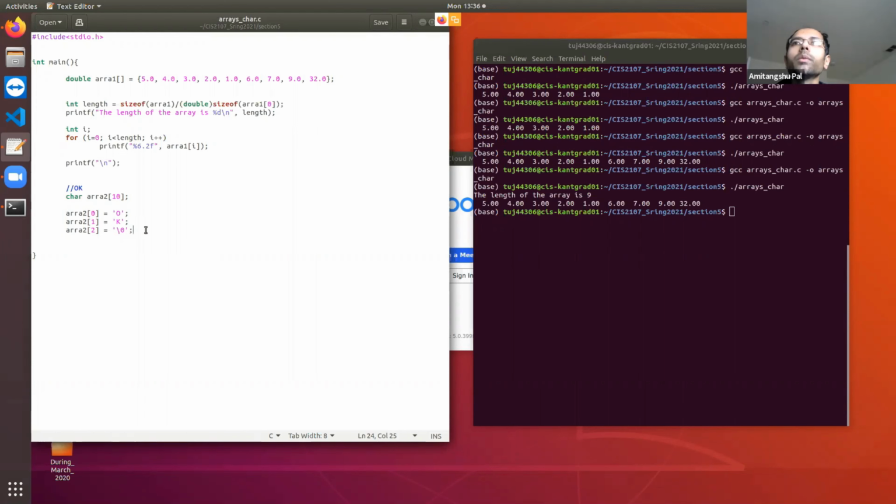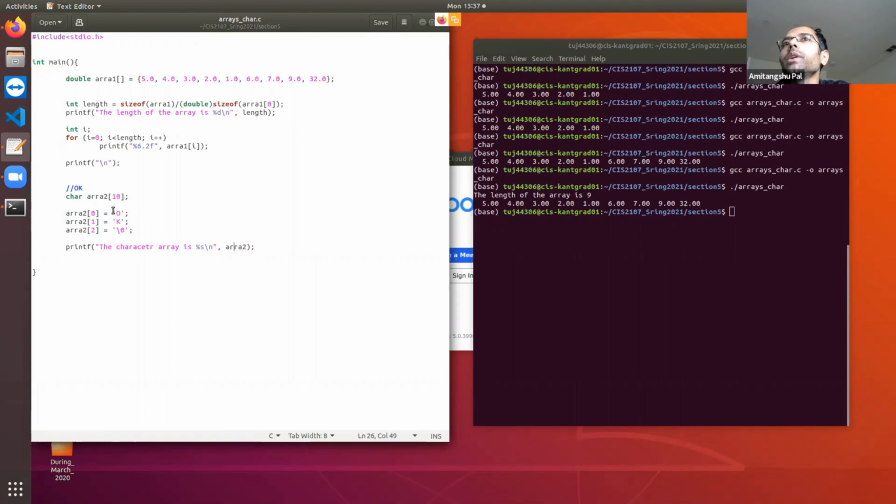Why? Because suppose I print with %s the character array array 2. %s is for the string array 2.